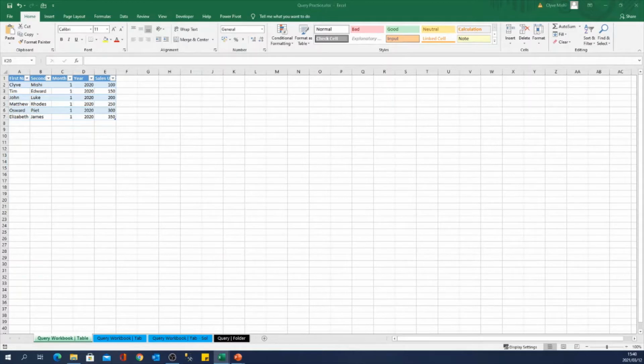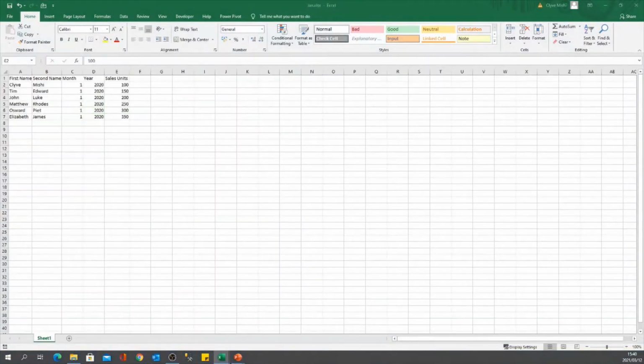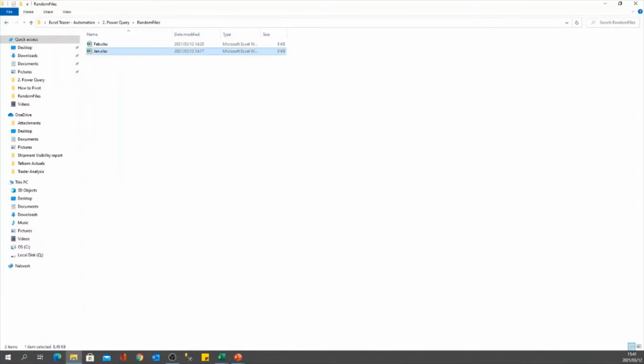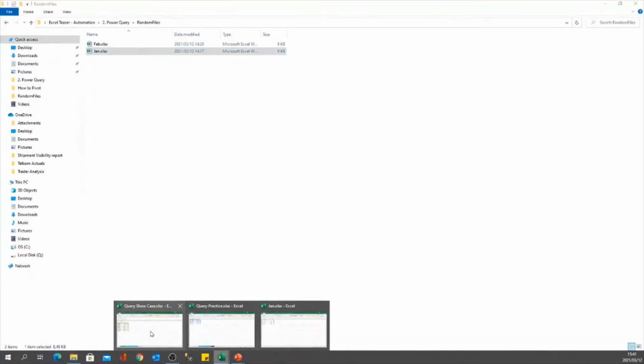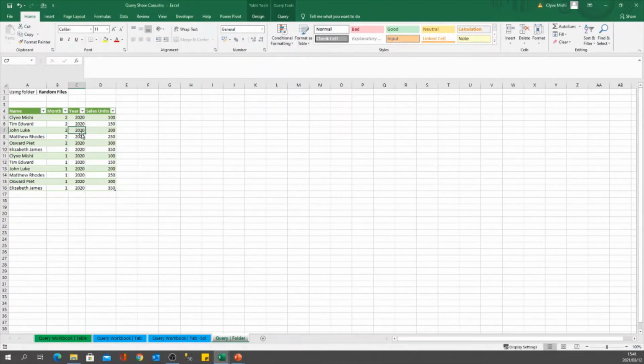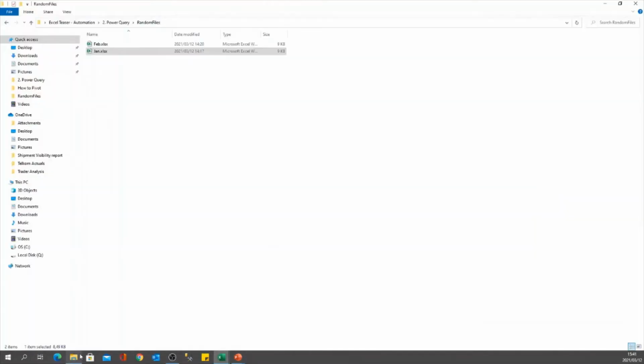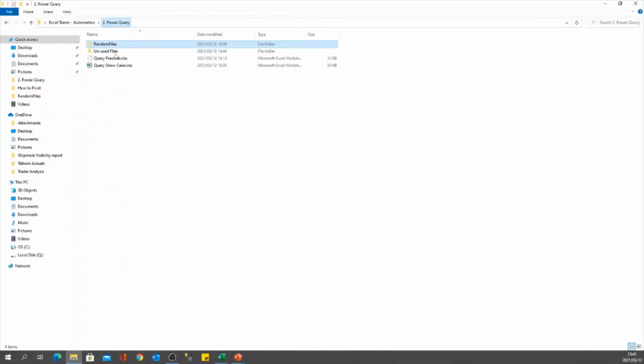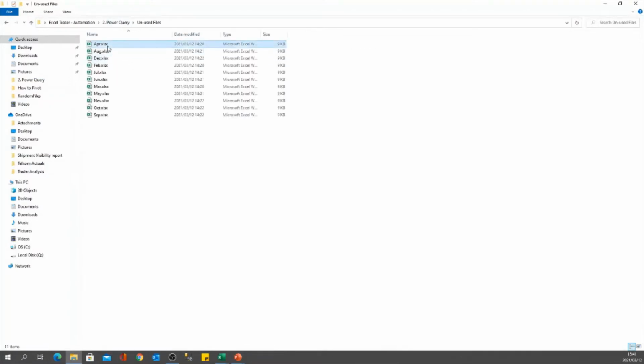So I would rather let my query do it for me. If I can just come here and refresh, you can see if I refresh here, nothing happens because I didn't add anything new. But if I go to the folder and just paste the files for the rest of the year,